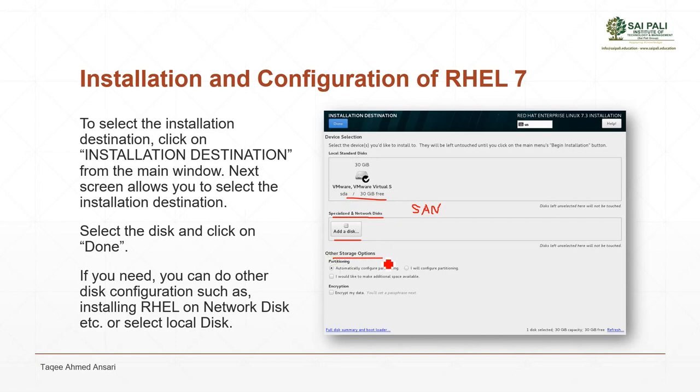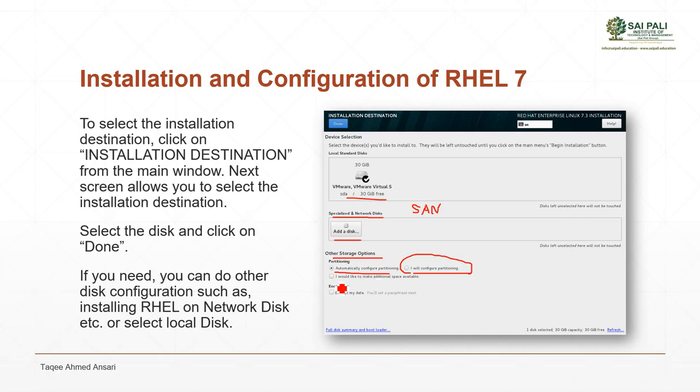Then you have the option to select the partitioning option, and here it has an option to select automatic configuration or I will configure partitioning. That means the manual option. This option was not there in TUI. Only the option to install it automatically was available.